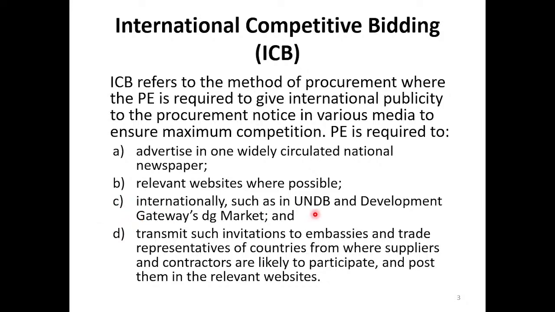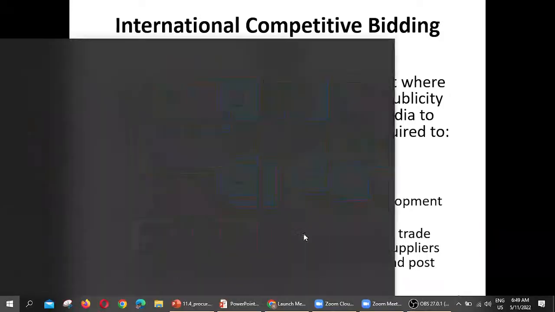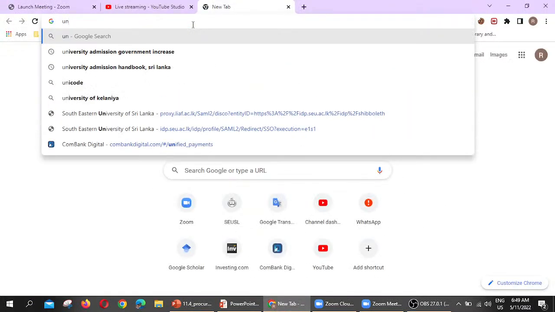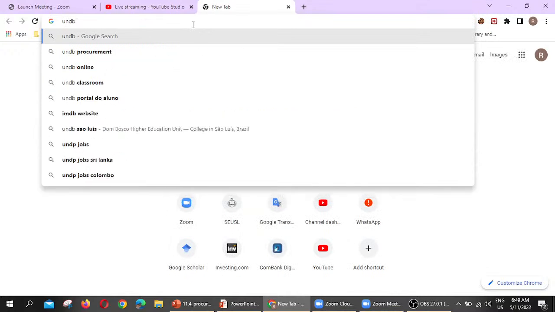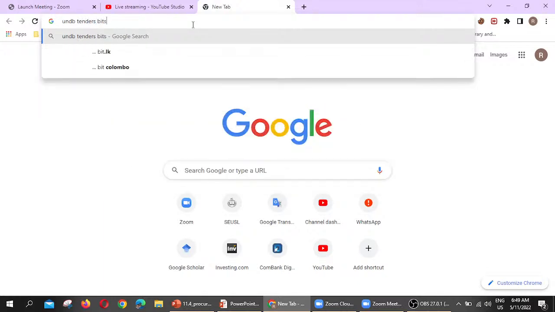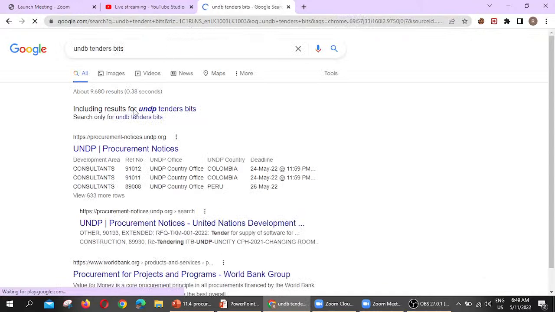Here they advertise in UNDP, so I can show you the UNDP tenders or bids. Here you can find that there are a lot.